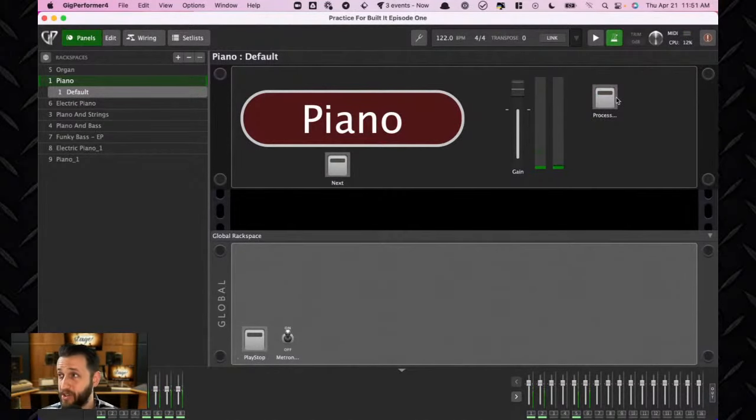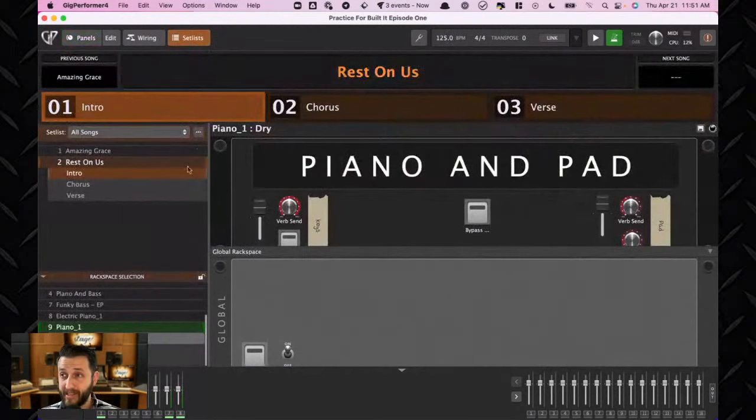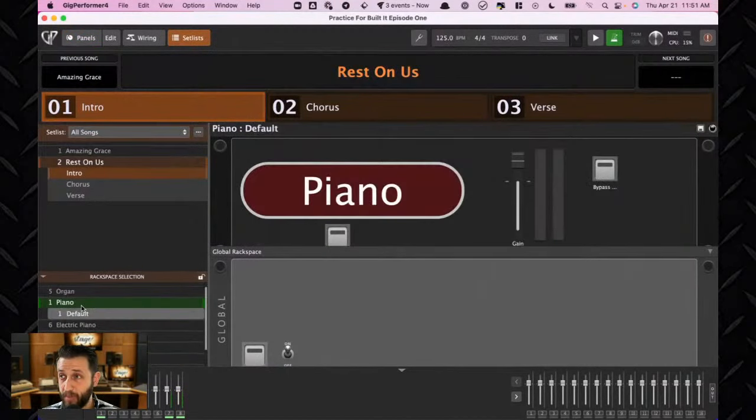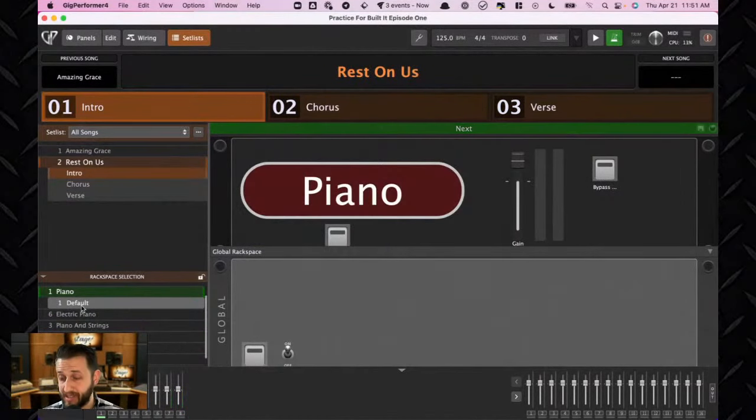It's a piano pad, and I've also got this button that allows us to have an octave, upper lower octave doubling. So when I go into my set list, if I'm in intro and I go ahead and I jump to that piano sound, now that is going to be my intro song. So when I move from one to the next, it's going to call up automatically whatever Rackspace you put in there. And in this case, for me, I have put in this piano sound, and I'm going to turn on